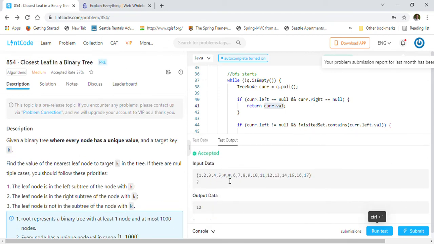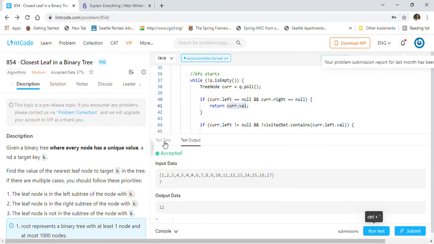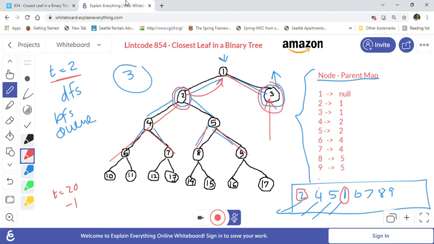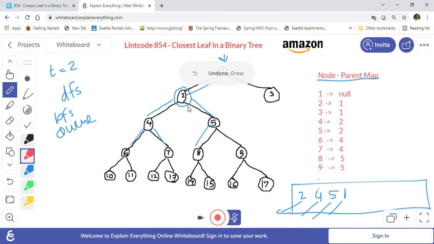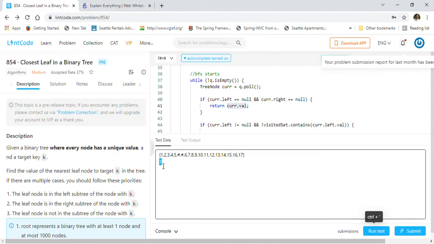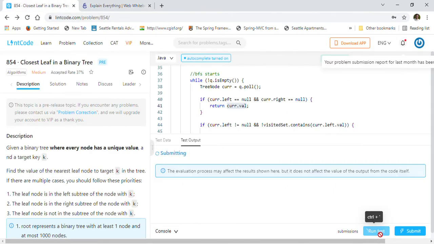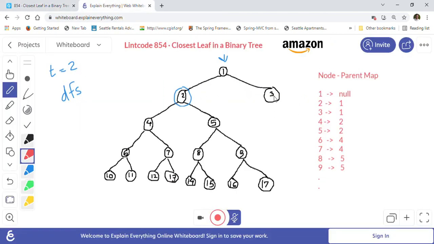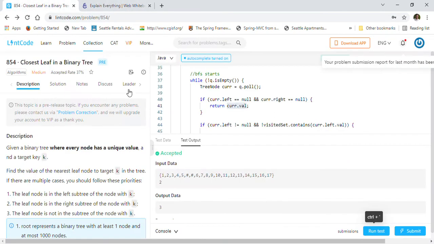So let us take the current example that we discussed. It's a big one that I created for you, this big example, right? So let me just take out some of the colors, so it will be easy for you to see this tree again, because a lot of colors are there now. So now we will take our first test case, which is 2, right? So we'll run it. So 2's closest is 3, right? So let's see. We are getting 3 as the answer, which is correct.